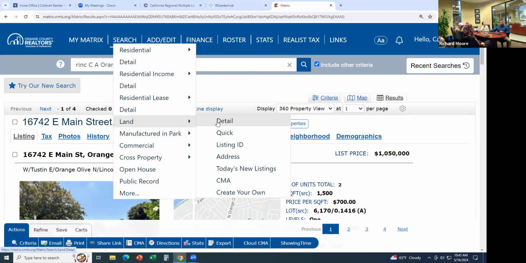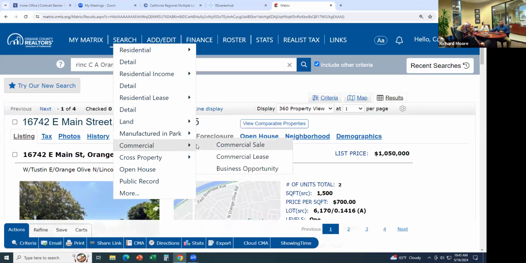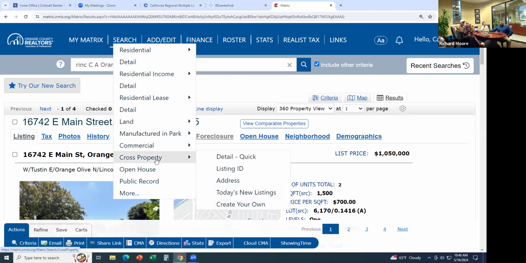Yes, you'll see land here. Commercial property, you won't see as much here, because there's LoopNet and CoStar, which are like commercial MLSs, and it costs a lot of money to be a member of those MLSs. And then cross-property search, if you were looking for